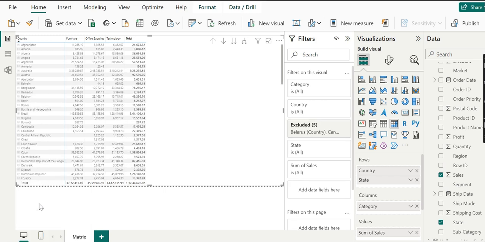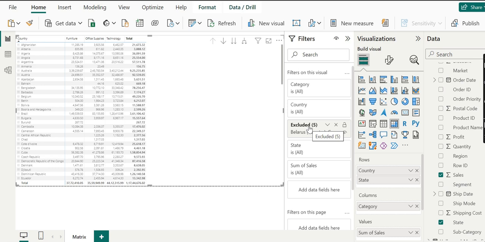As we click on exclude, it has two effects. One is on the view of the matrix, and another is on the filter. You can even see here that the total also reduced. The grand total is reduced, and there is also an exclude option on the filter.